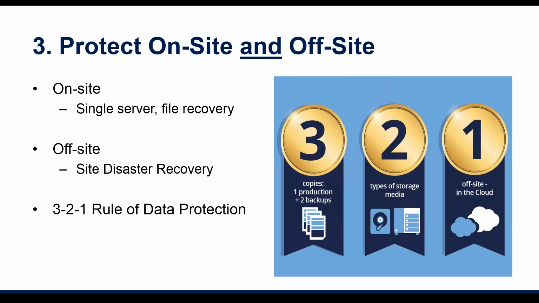Number 3, we subscribe to an on-site, off-site hybrid model. It's very important, if you think about disaster recovery, if I only have a single server that was impacted, I don't want to fail my whole data center into the cloud and run in the cloud. Why would I do that? I want to quickly be able to go over, if I have some type of local appliance that I can activate the server on or pull the data back from, that is the absolute fastest way to keep the business in business. You're already on the same LAN. You don't have to go deal with the network off premise, and again, that gives you that immediate availability.